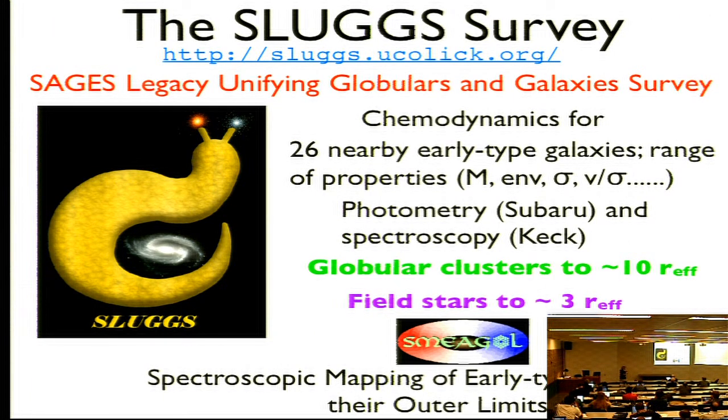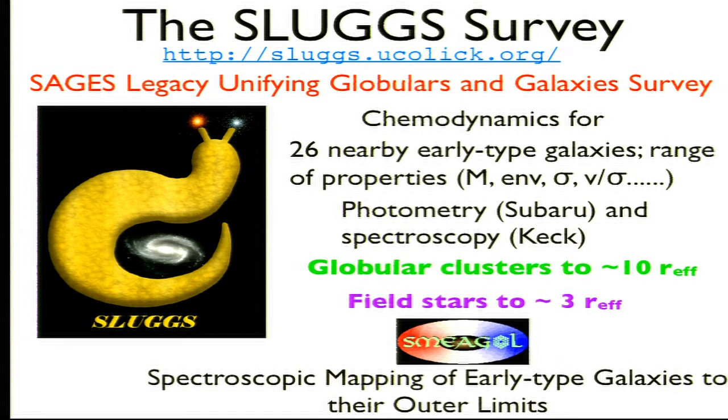So that was our original rationale for the Slug Survey. The Slug Survey is the SAGES Legacy Unifying Globular Clusters and Galaxies Survey, and we do spend quite a bit of time coming up with these acronyms. So the Slug Survey gives us chemodynamics for 26 nearby early type galaxies with a range of properties, and we've tried to properly sample different